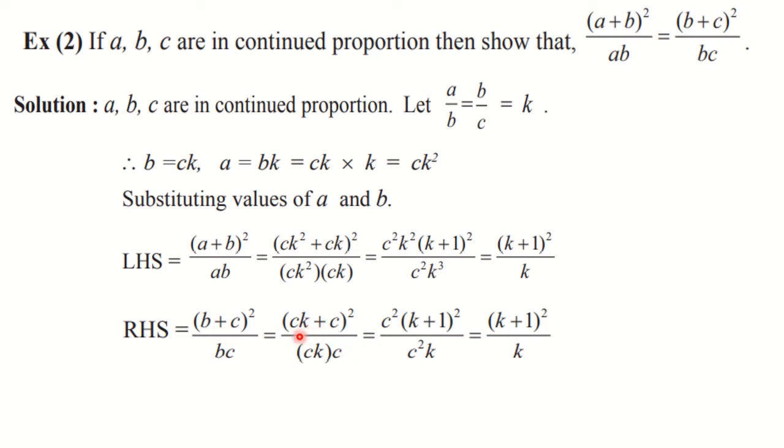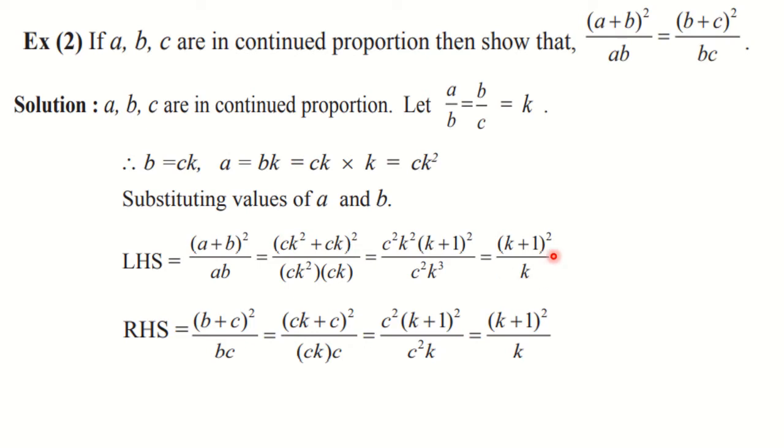So here also you observe that C is common and you will get K plus 1. So that's C and K plus 1. Both terms we will square. So C squared you will get and K plus 1 the whole square. You are writing it separately. Okay. You are opening the bracket. And down, C into C is C square and K as it is. Again you will observe C square and C square is cancelled from numerator and denominator. And what is left out is K plus 1 the whole square upon K.